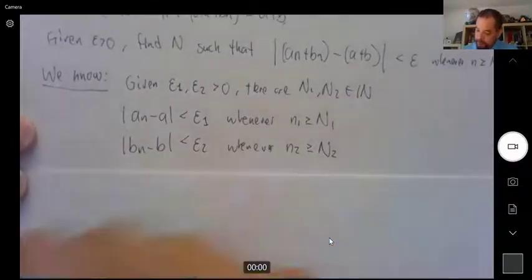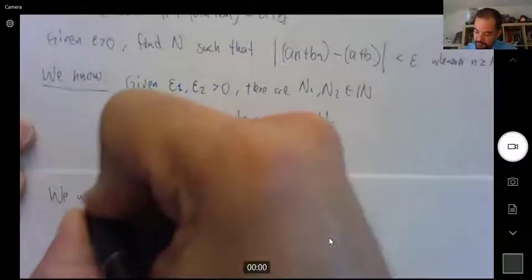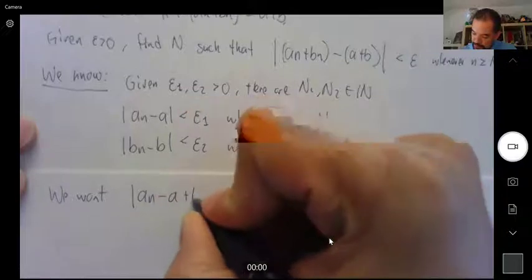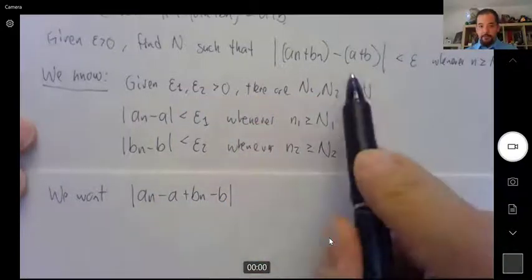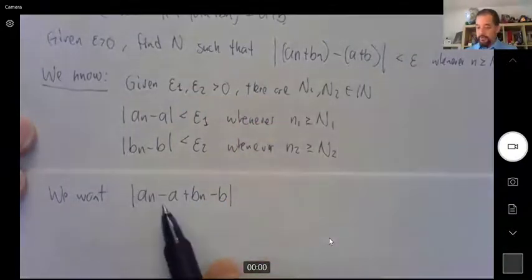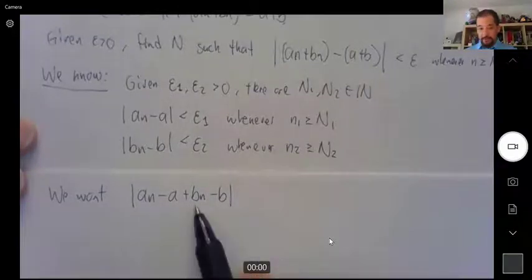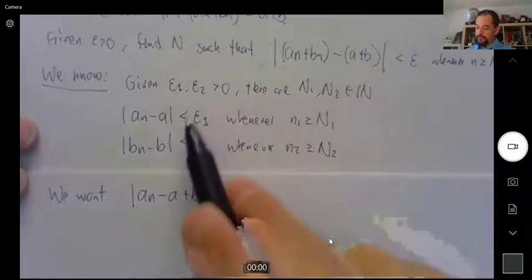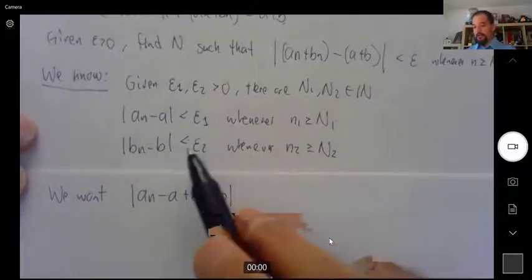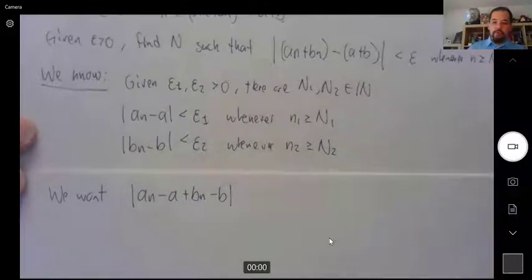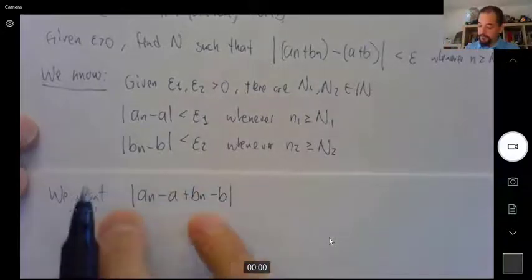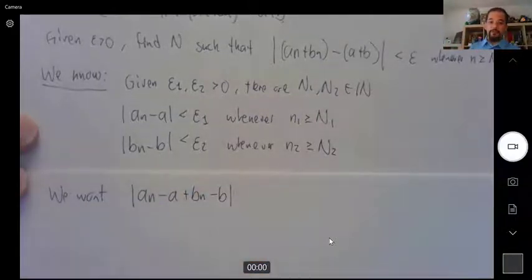So then we want, let me write it again here, we want AN minus A plus BN minus B. That's what happens when you put them in the order, the A's first, the B's later, right? And then how to relate these to these other two? Well, again, our old friend, the triangle inequality, is helpful here, right? When you want to break down the absolute value of a sum into the sum of the absolute values, it's